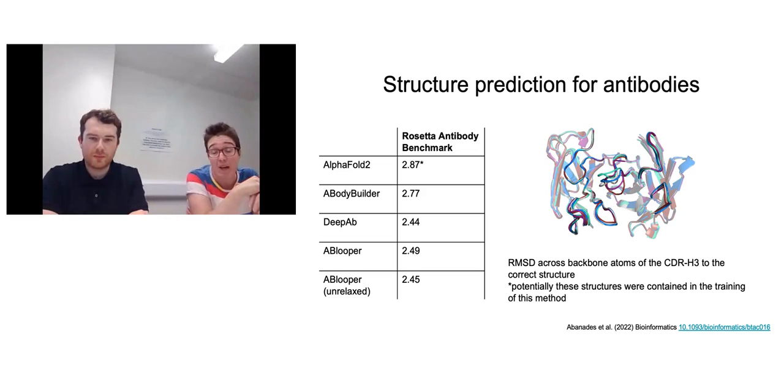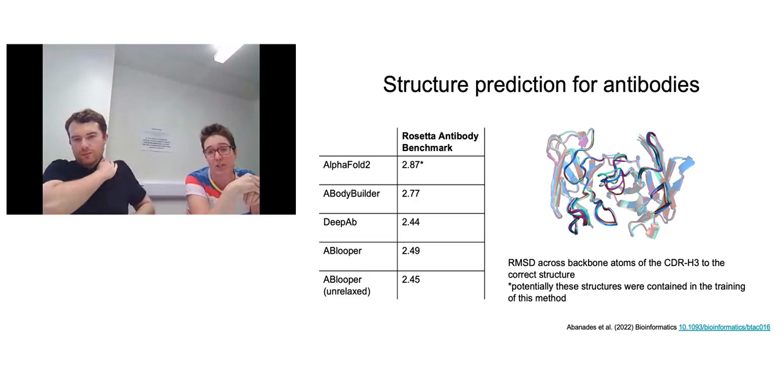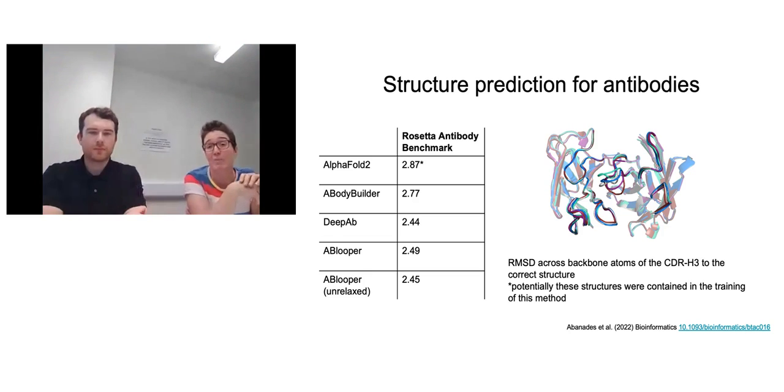So our group, like many others, set about making prediction tools for antibodies. Just to give you an idea of how well it works, I'm only showing you here in that little table on the left the RMSD, so that's how accurately we predict the structure of the CDR-H3, the third loop on the heavy chain of the variable region of the antibody. The reason for only showing you that bit is that the rest of the numbers are not that informative. If it was perfect, that value would be 0. If it's anything around 1 to 1.5, everyone would be very happy.